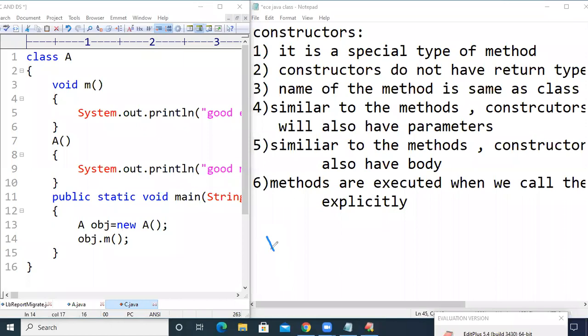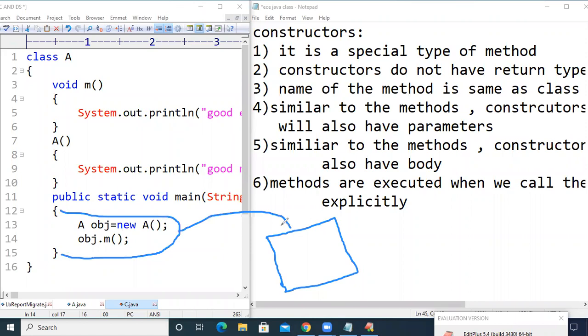Whenever the Java compiler observes the main and static keywords, it immediately reserves a certain amount of memory, right? In that memory, it will move the body of this method, from the starting point to the ending point, and because it is a main method, it will start executing the statements inside that body.